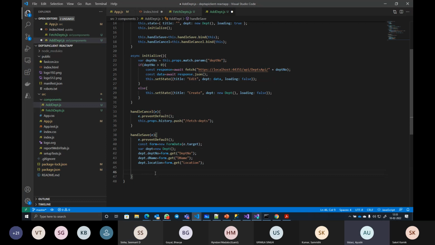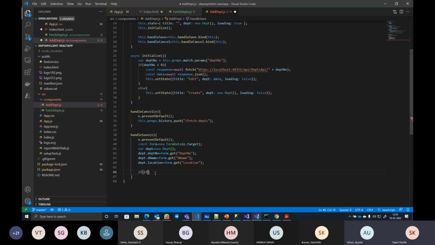Yeah. Okay. Now here I once again put the if statement, which will recheck if the save request is for create operation or edit operation, because 2 different APIs are there. One will be called with post, one will be called with put, right? Post will be called for create operation and put will be called for update operation, edit operation, right?